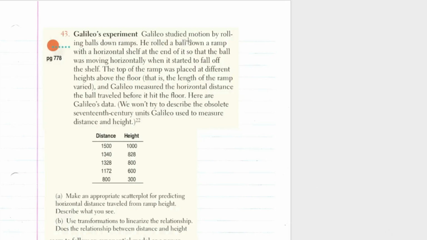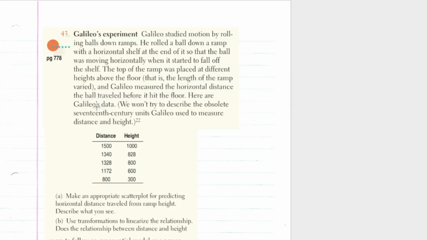All right, Galileo studied motion by rolling balls down ramps. He rolled the ball down a ramp with a horizontal shelf at the end of it so that the ball was moving horizontally when it started to fall off the shelf. The top of the ramp was placed at different heights above the floor. That is, the length of the ramp varied, and Galileo measured the horizontal distance the ball traveled before it hit